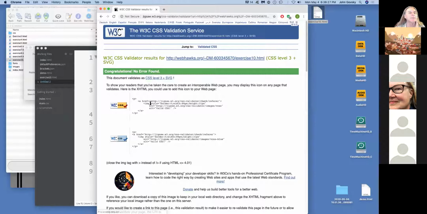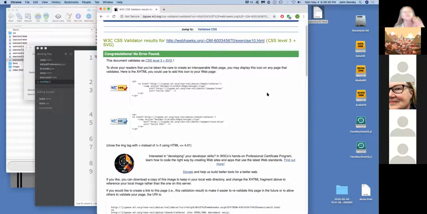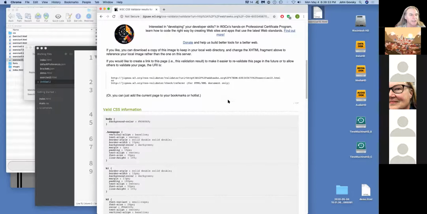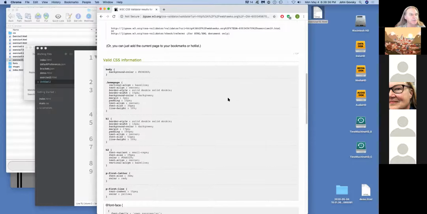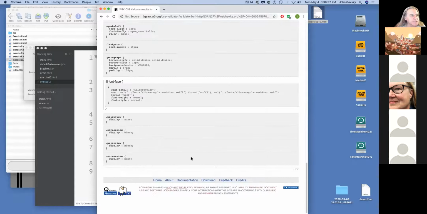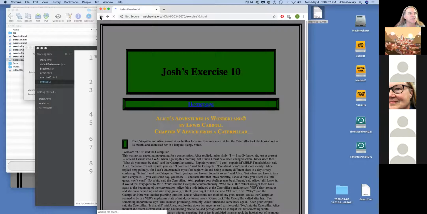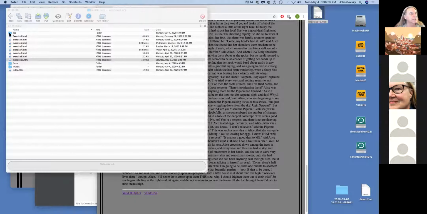The problem is I have to actually look at the actual CSS style sheets, because the browser is going to show me both style sheets here. The CSS validator is showing me all the styles together, which is not the way I need to do the troubleshooting. So normally that would work for viewing the CSS, but not now. So we have to go back and look at your actual original CSS.